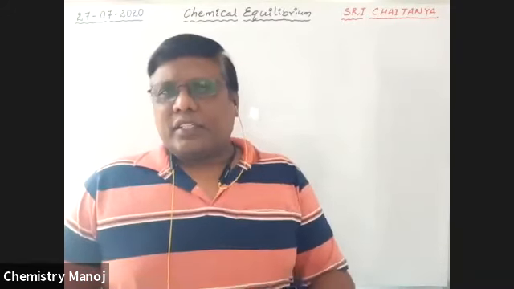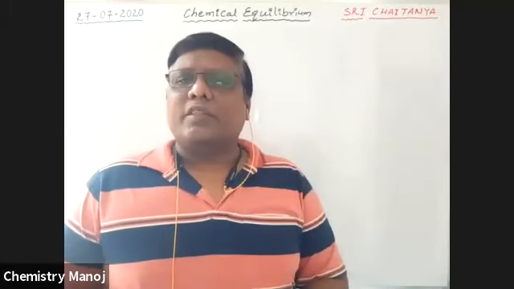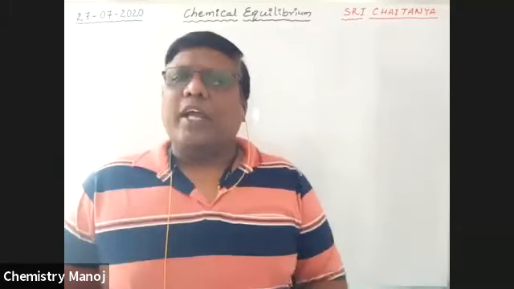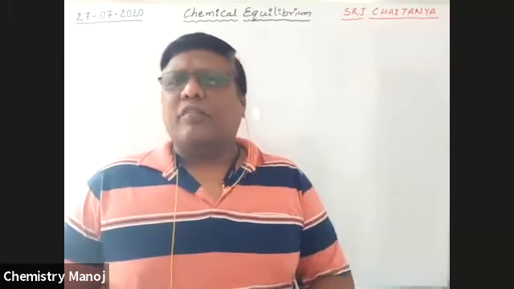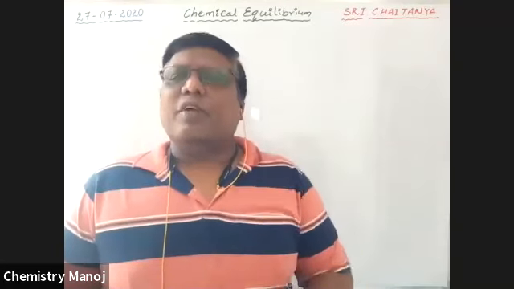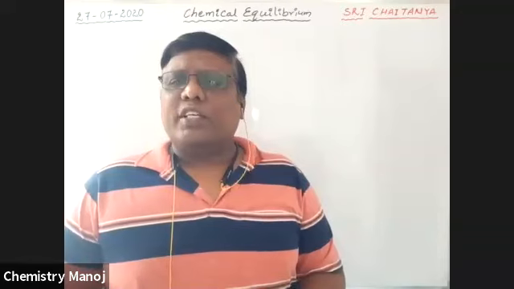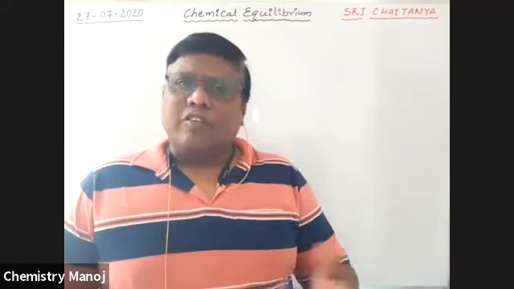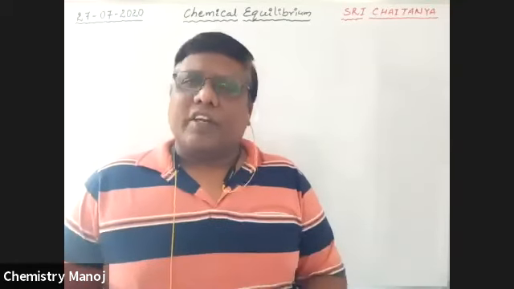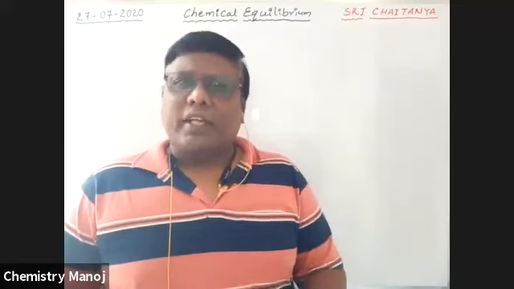Okay. Next, if there is an equilibrium, there is an equilibrium constant. For a reversible reaction, there is a reaction quotient. These two are equivalent. So equilibrium has an equilibrium constant, and a reversible reaction has a reaction quotient. Now, what is the relation between these two? So the equilibrium constant in different units, different terms, that is in terms of concentrations, in terms of partial pressures, like that.